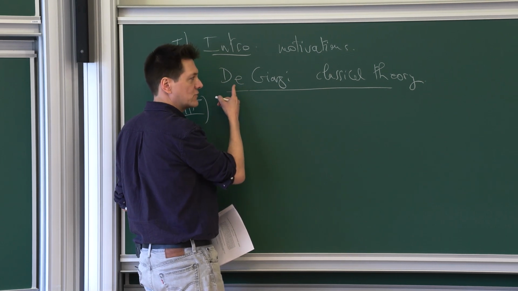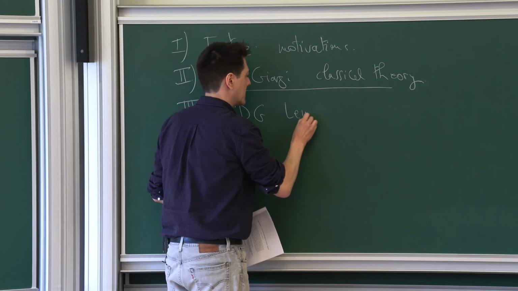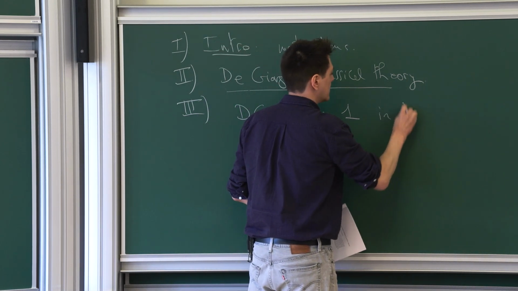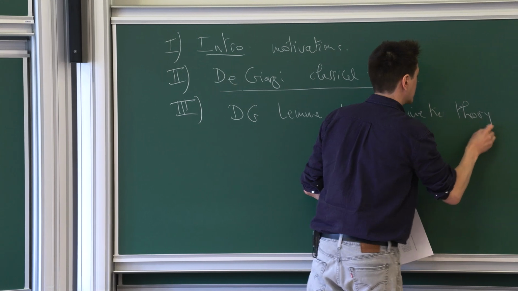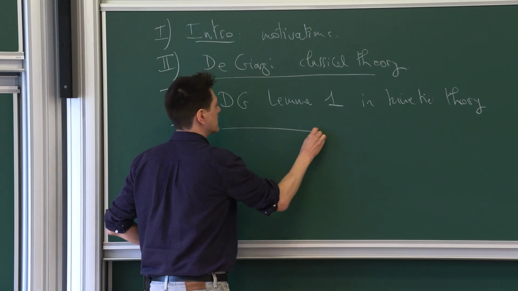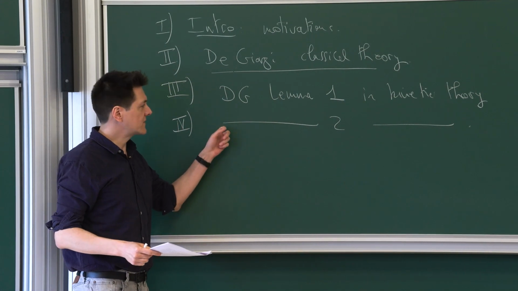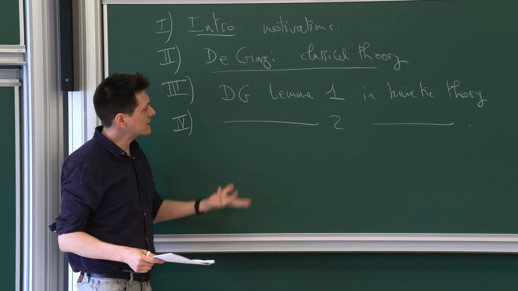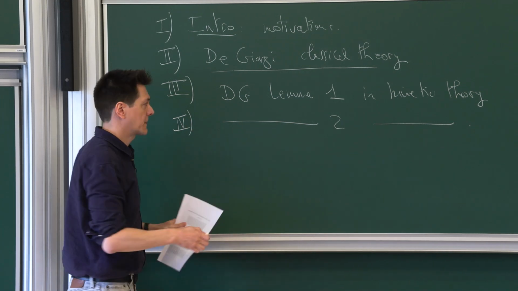So it turns out this theory is usually split between two lemmas. You will see what we call lemma 1, lemma 2. So the first lemma of De Giorgi in kinetic theory, and then the second one. The first one really deals with the gain of integrability. The second one with a gain of Hölder regularity. So the first one is an improvement of integrability. The second one is a reduction of oscillation under scaling.